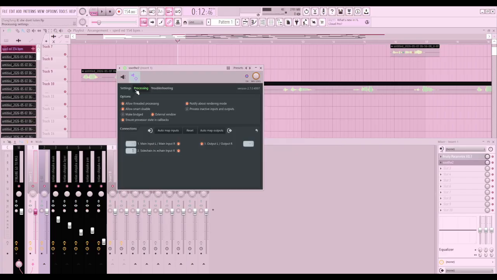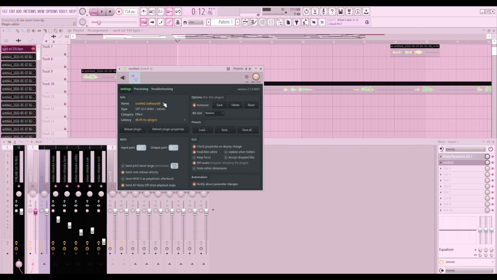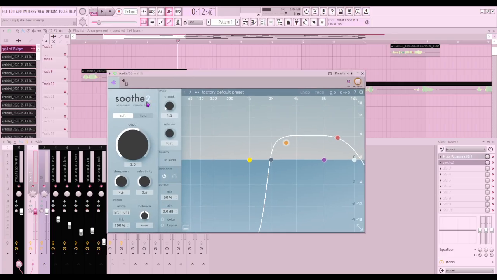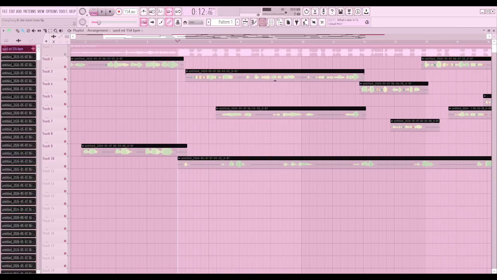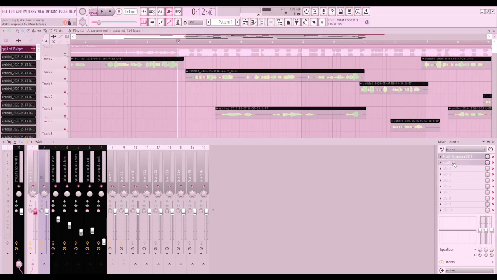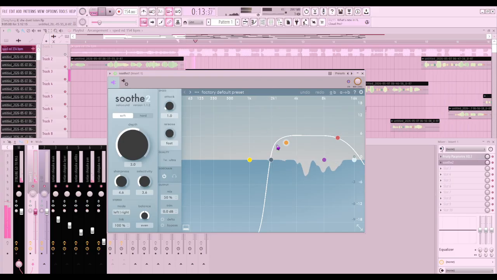So what you want to do is you want to come here to processing, right click, and then click insert 9. Boom. So all your vocals are coming to the Soothe 2. Okay, so I'm gonna mute the beat and then just open Soothe 2 again, and then,